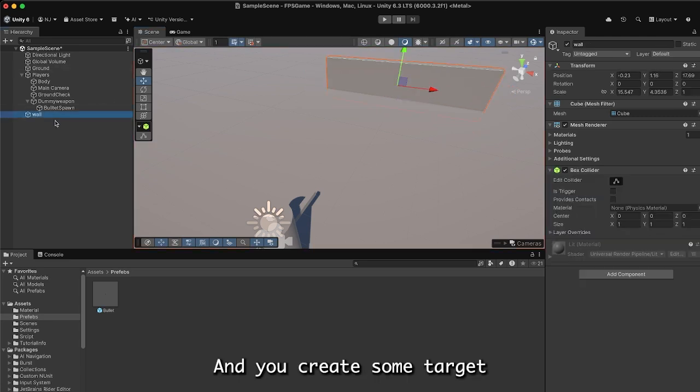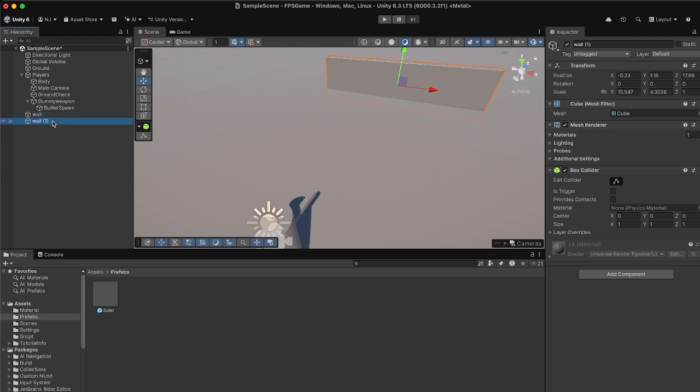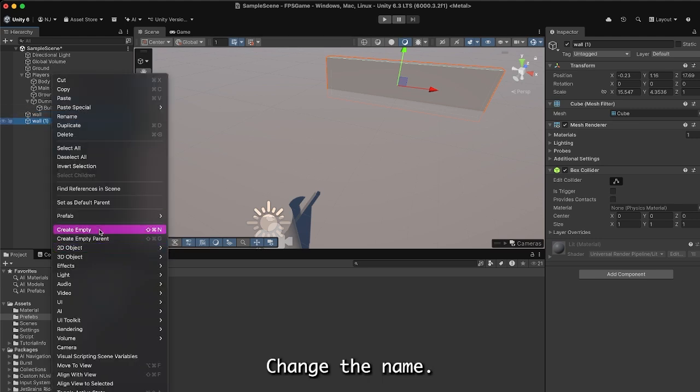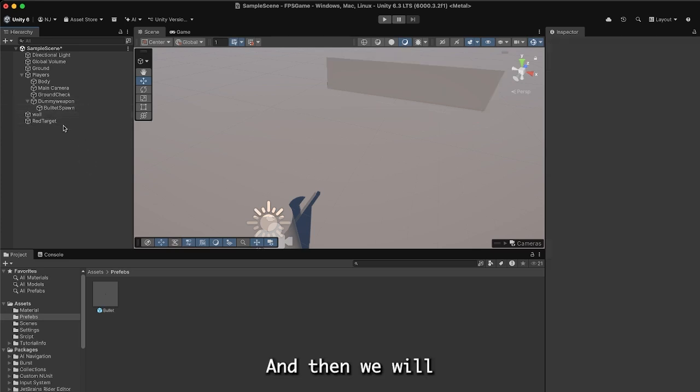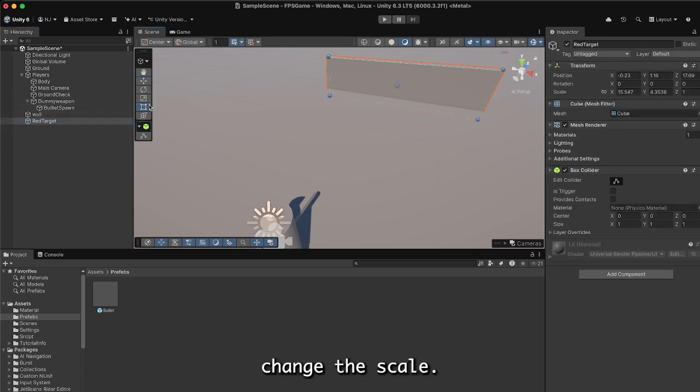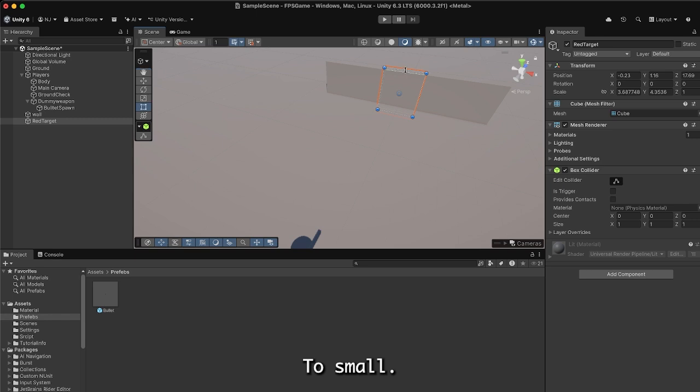And we create some target. Change the name to red target. Change the scale to small. And move to the front